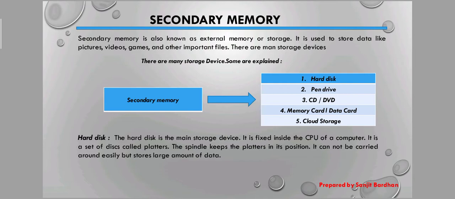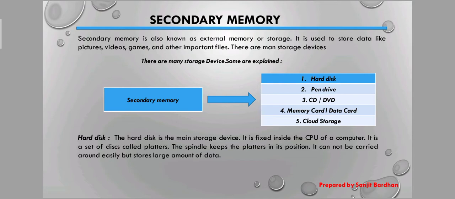Okay, first is hard disk. Hard disk is the main storage device. It is fixed inside the CPU of a computer. That means this hard disk is inbuilt in the computer CPU box, where we can store the data. How does it